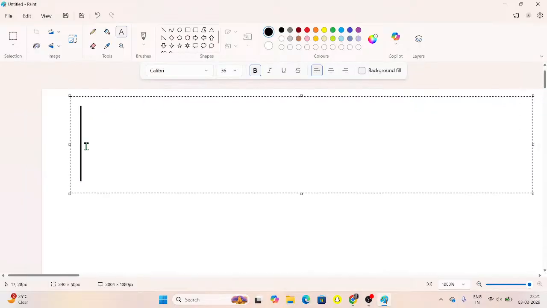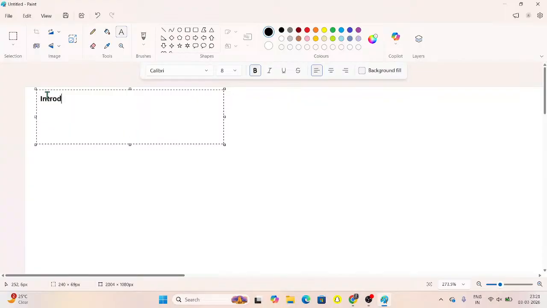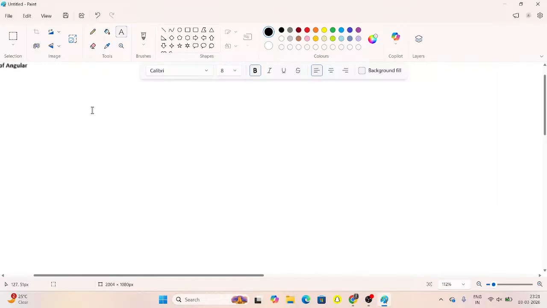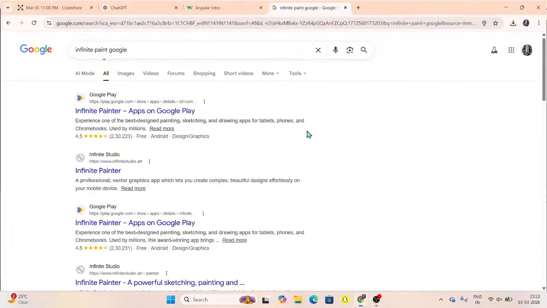Okay, don't need 36, we just need 8. Okay, off, Angular. Okay, oh, it's blurring it out. Cannot do it like this. Okay, okay, don't save it. Just keep it for the